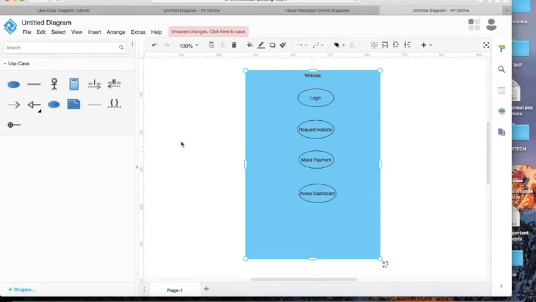Now let's suppose one actor is here, it can be customer, and another one can be the developer of the website. Now I have to show the relationship between these use cases and the actors. These two are the actors, or there can be another system itself which can be connected.